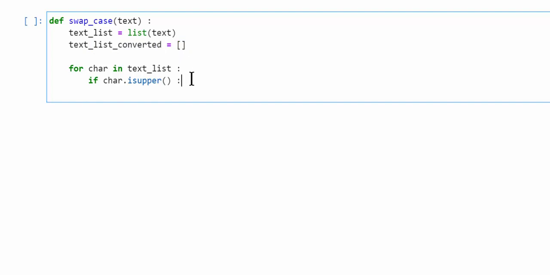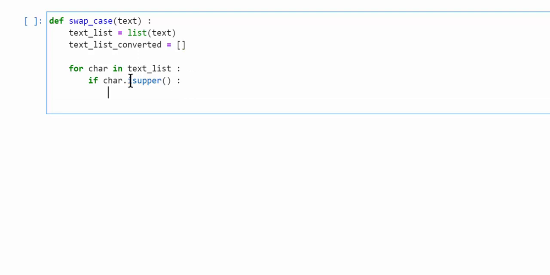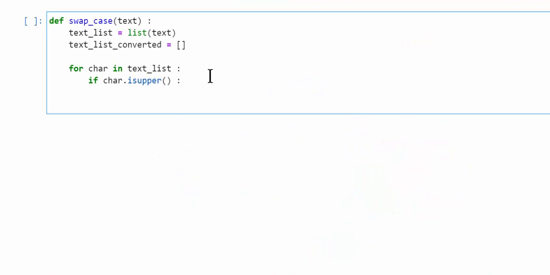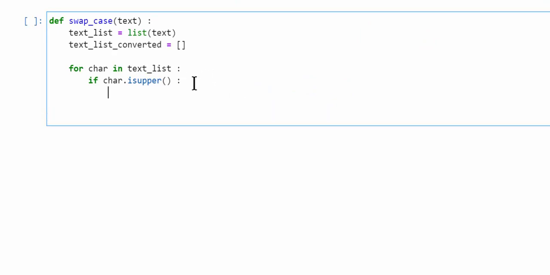Now, the way we append characters to it is: if it is upper, we convert it to a lowercase and then append it. How to convert to a lowercase? We use lower. If we want it to convert to uppercase, we use upper, right? So in this case, if it is upper, then convert to a lowercase and append to this text dot append. So this is how we append characters to a list,